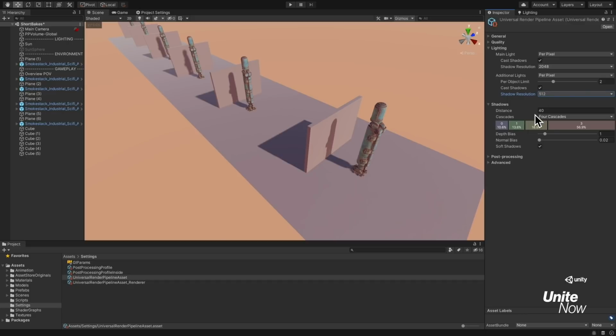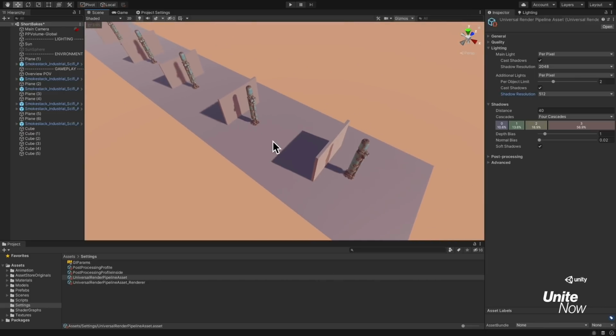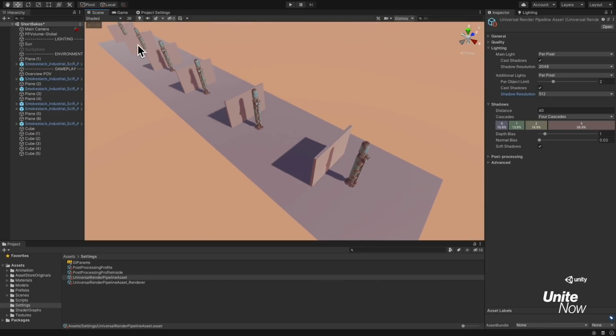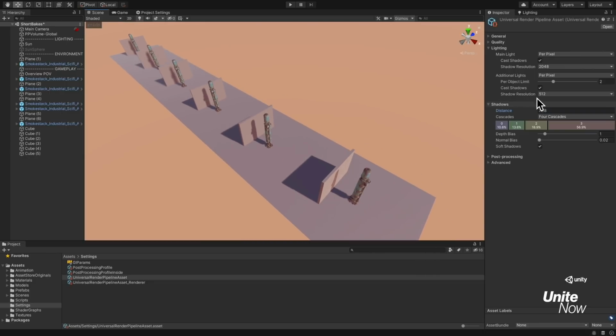The other important factor here is the distance. So you can see here these smokestacks are roughly 10 units apart, 10 meters apart. And so I'm covering an area of 40 units from the camera. So I only get to see shadows up to this point. If I were to bring this distance up, you can see that the shadows now appear for the last smokestacks. But I also lose resolution. As I bring this up, you can see that the more I bring it up, the more I lose resolution